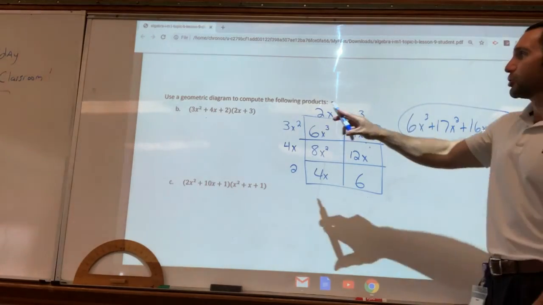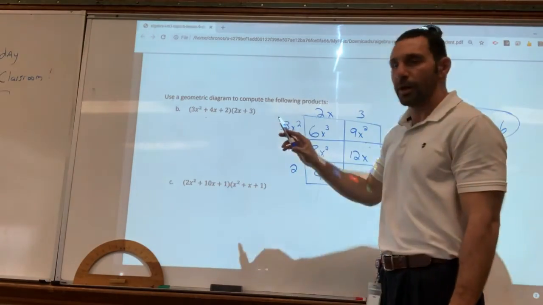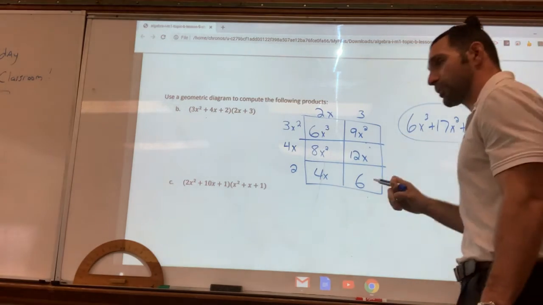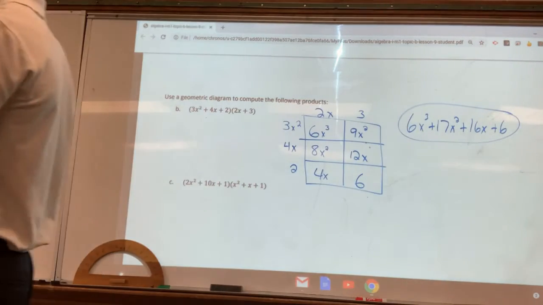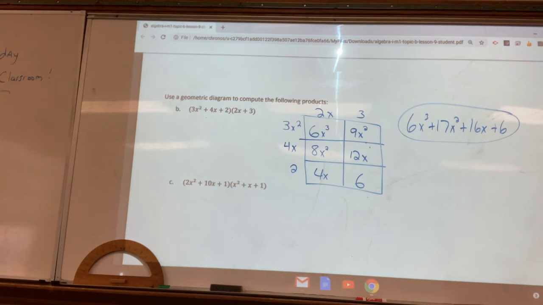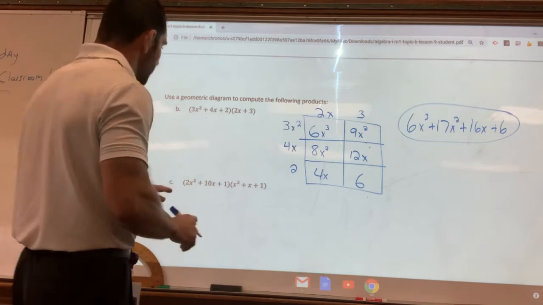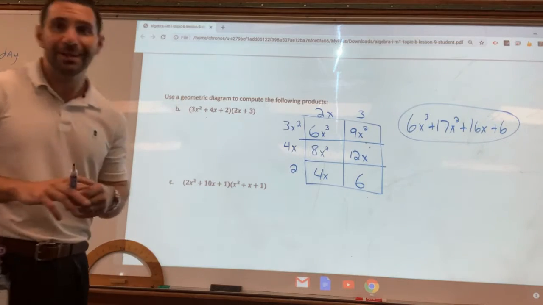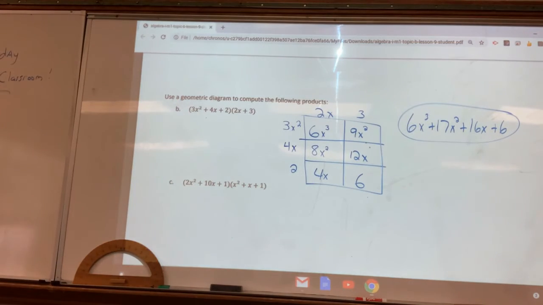Multiplying a trinomial by a binomial, I end up with a polynomial with 4 terms. There's a name for it, but there's 4 terms. Okay? Now, do I always want you to use this geometric design to do it? No. Am I going to do it for this one? No. Because this lesson